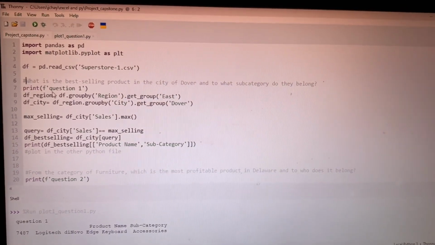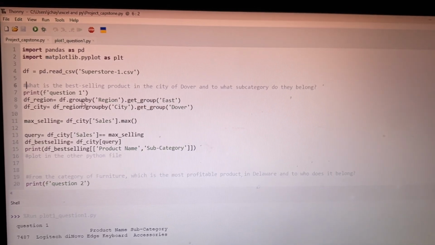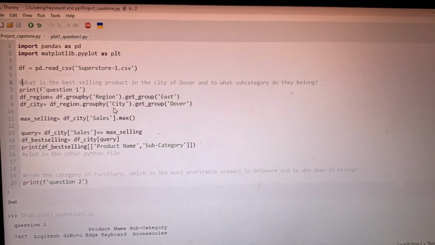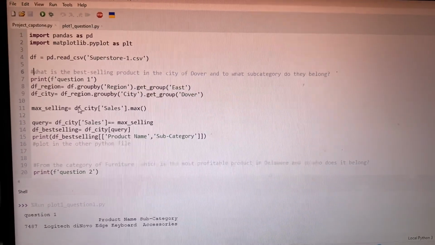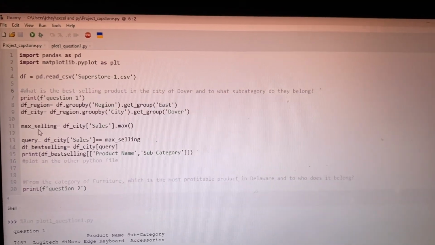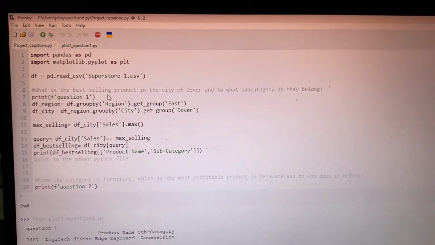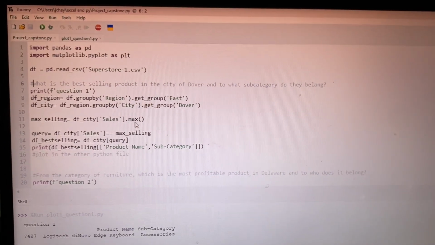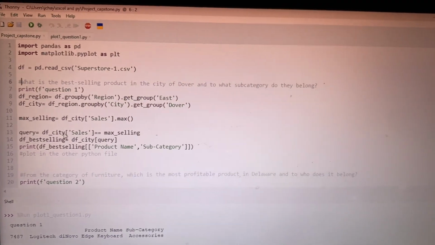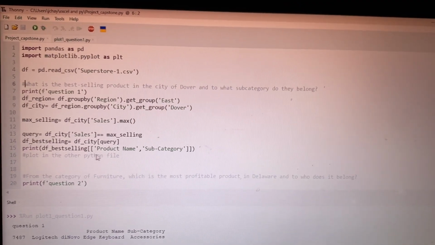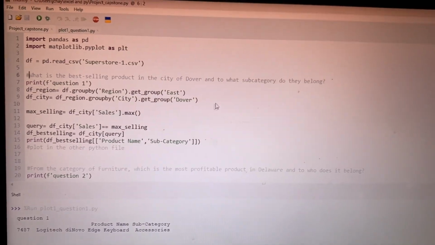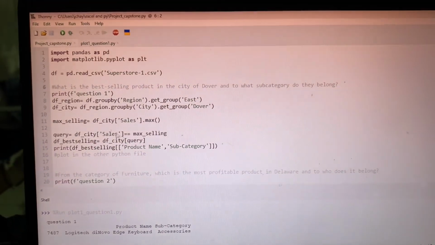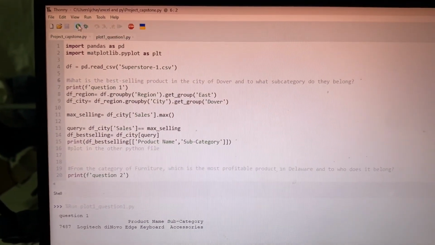What is the best-selling product in the city of Dover, and to what subcategory do they belong? First, I started with the group by function and to select the region, and my region was East, then to select the city, which was Dover. After that, I had to find the best-selling product, so that was by sales and by the function of max. After that, with the use of queries, which is all of these, I specified the subcategory and the product name. So the answer to the question by running the program